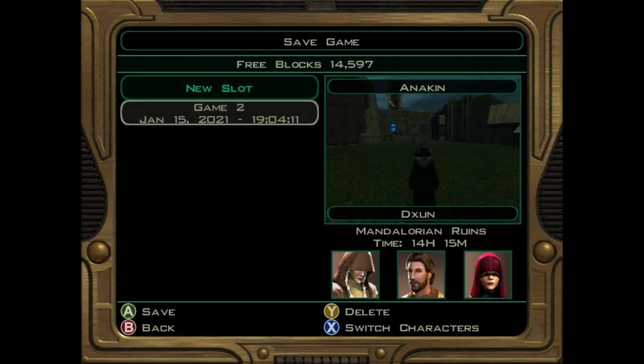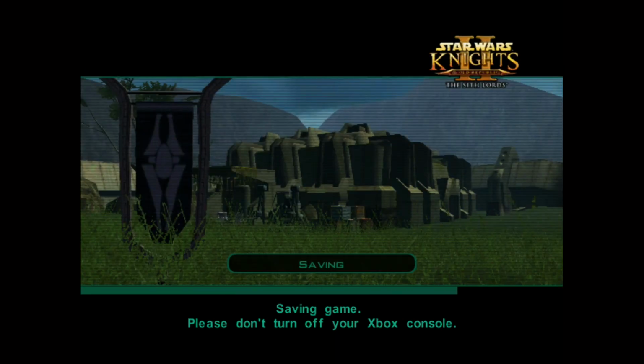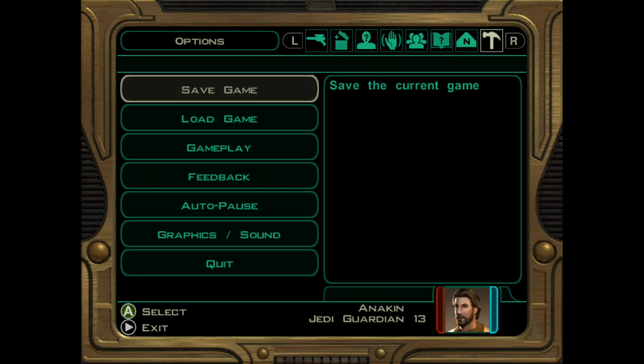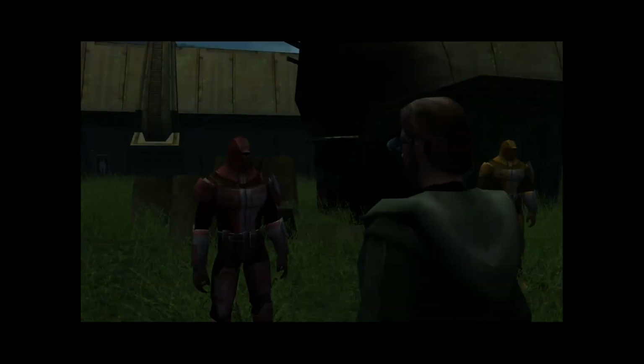Alright. I literally just got out of the fight and all of a sudden they're just trying to kill each other in front of me. Now where's the sergeant? Here to watch a fight or